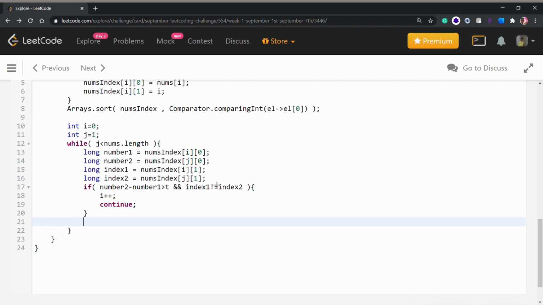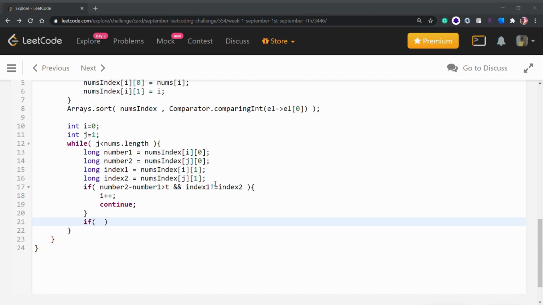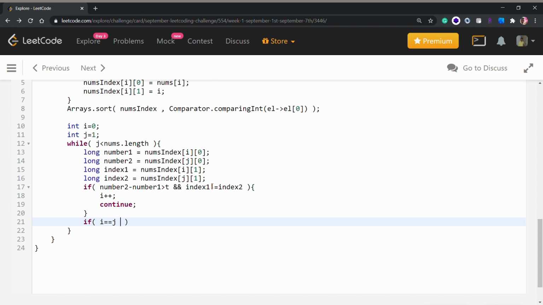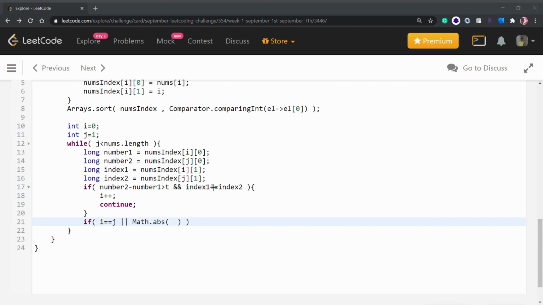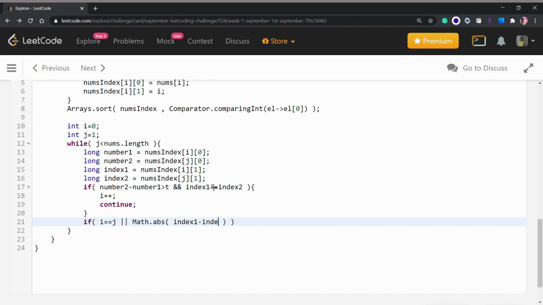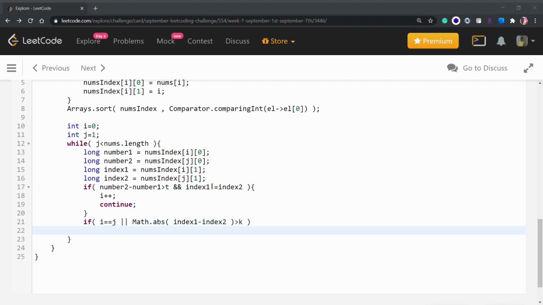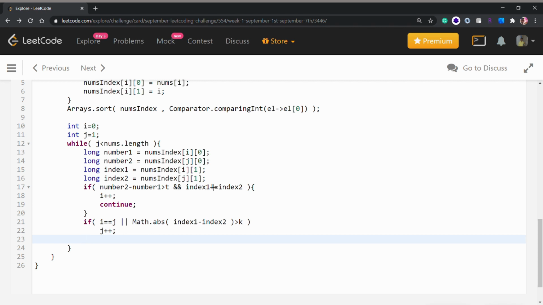Now we will have another if condition, that is if our difference between our numbers is indeed less than or equal to t, then first of all we will check if our i is equal to j, or the math dot absolute difference between index 1 and index 2 is greater than k, and if it is, we will just increment our j, because it should be less than or equal to, as you might remember.